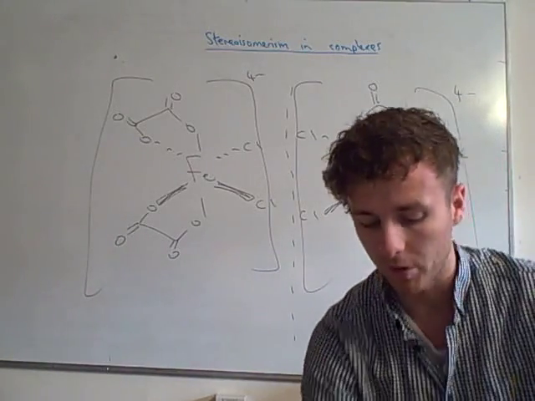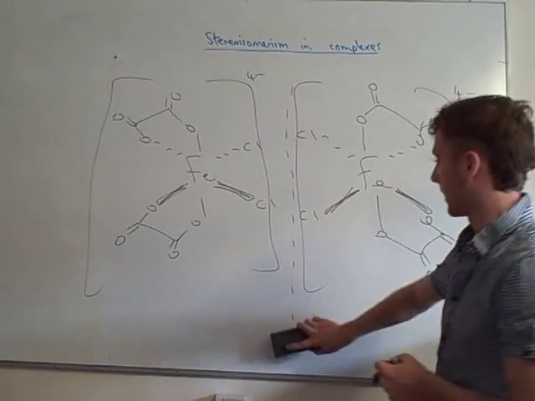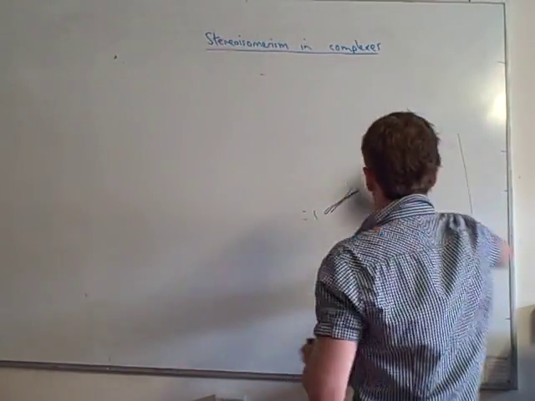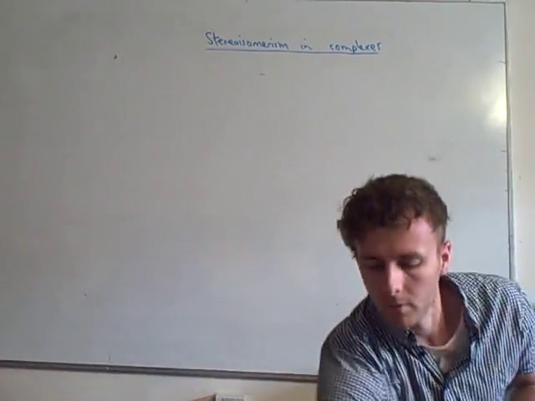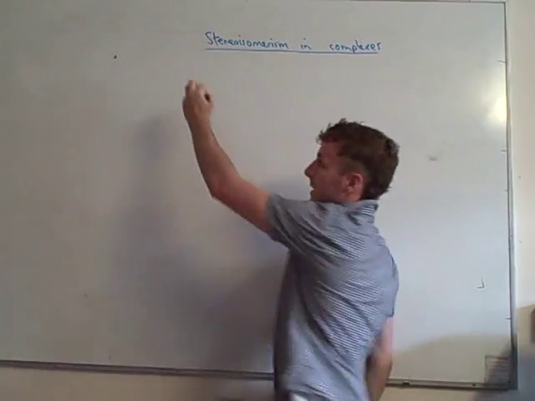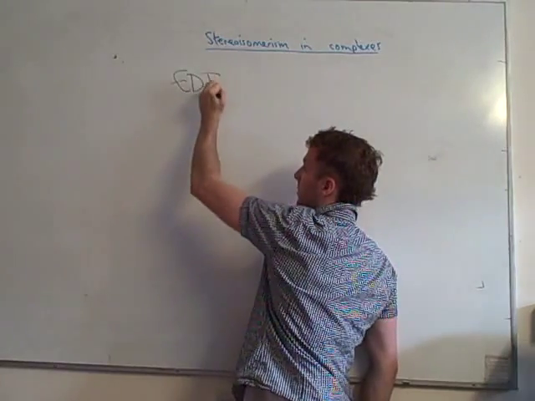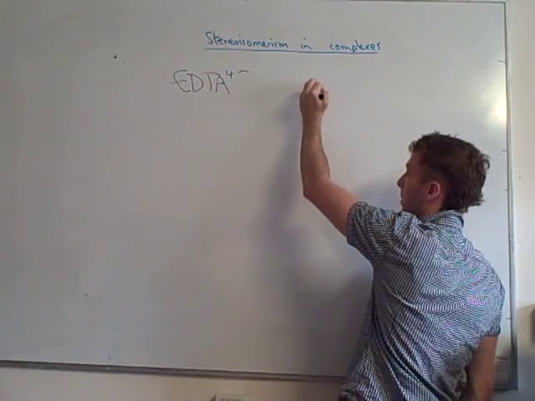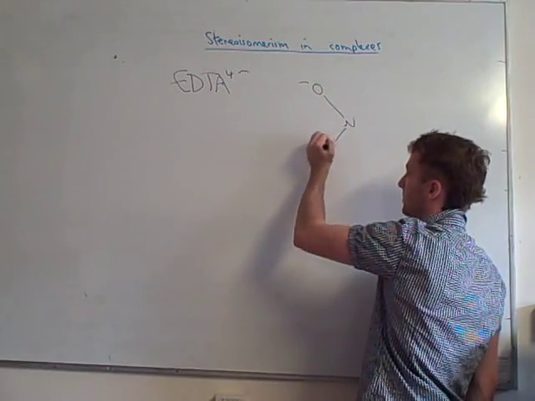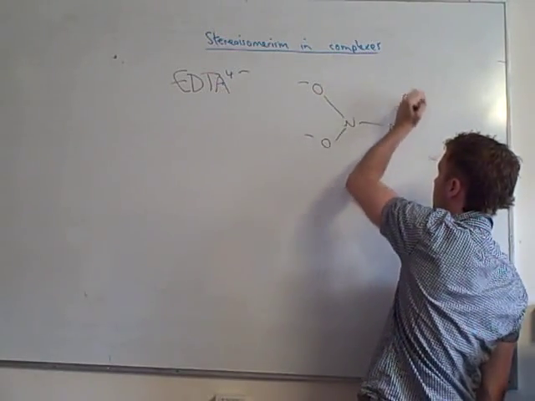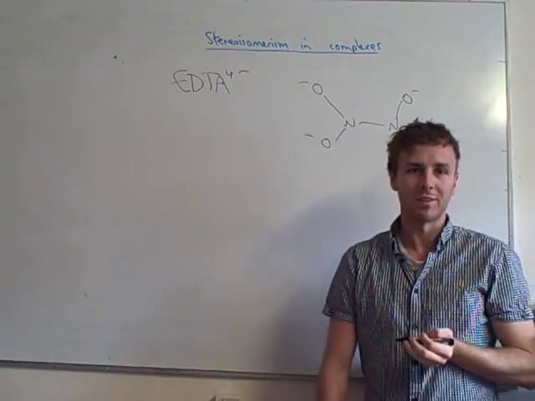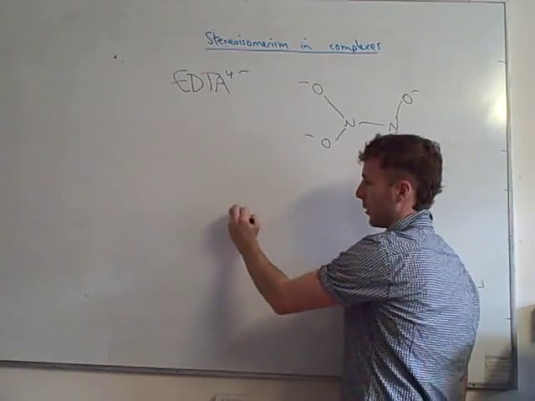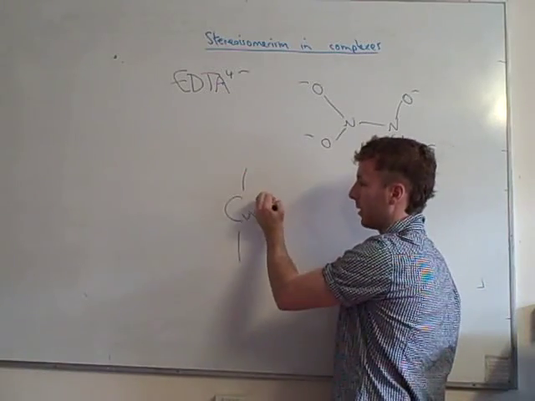And the very final thing I wanted to show you is how to draw a hexadentate ligand. A good example of a hexadentate ligand is EDTA4-. Okay, EDTA, this is a very simplified diagram. It kind of looks like this. Now that's a very simplified diagram. Obviously there's the 4-. The way you draw this round a central atom, let's just say we've got copper,